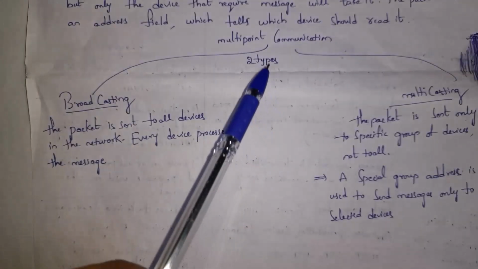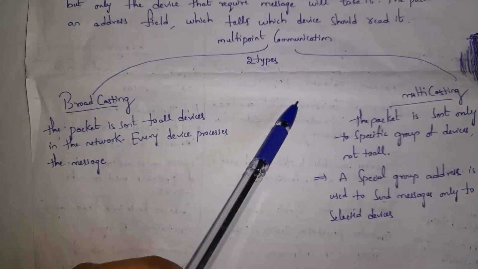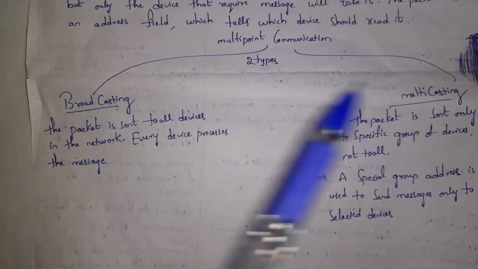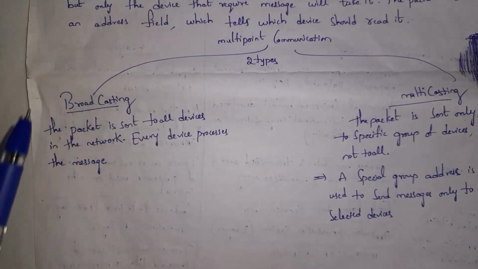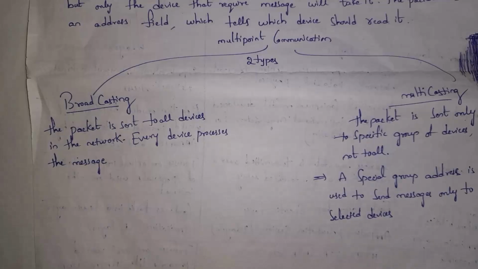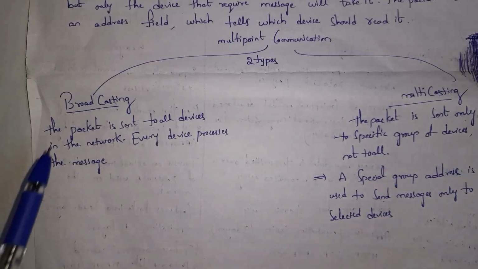Guys, multi-point connections are classified into two types. They are broadcasting and multicasting. I already explained what broadcasting is. That is, each packet is sent to each and every device in the network. So all devices will get that message. Even though the message is sent to all devices, only the receiver will take that message. This is broadcasting. And the next one is